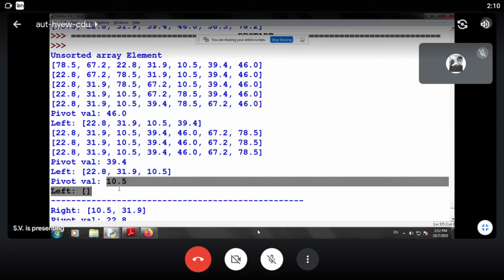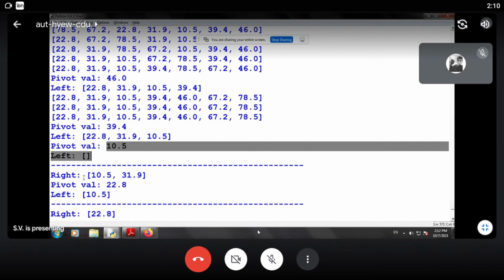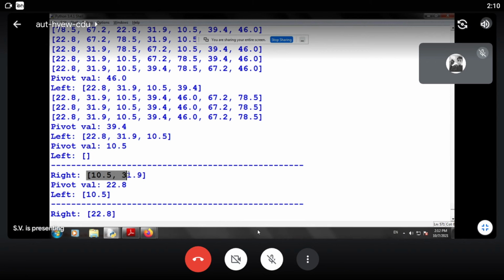Now we have finished the left subtrees. So now we get the answer for the right subtree of 10.5. We are getting the answer as 10.5, 22.8 and 31.9. So over here the pivot chosen is 22.8, and naturally 10.5 is left of the pivot and right of the pivot will be 31.9.